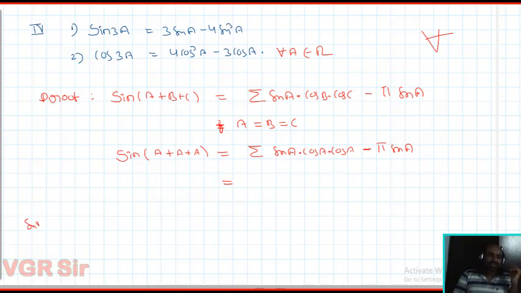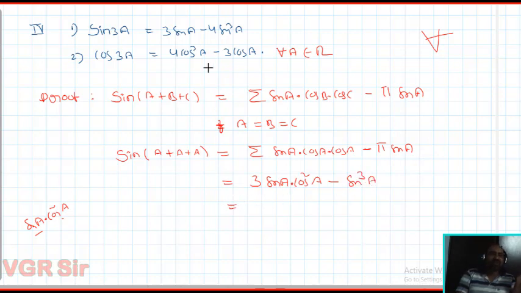Interesting. Actually, we will get 3 terms. I will write here sin a into cos square a. Again sin a into cos square a, 3 times you will get. That's why I will write 3 times sin a into cos square a, minus here sin a into sin b into sin c. Instead of b you wrote a, instead of c also you wrote a, so sin a into sin a into sin a, sin cube a.